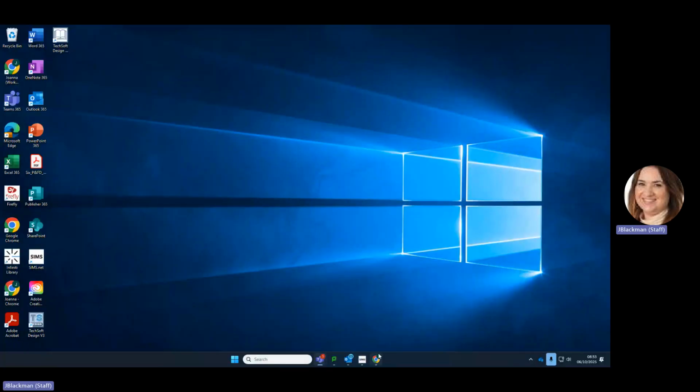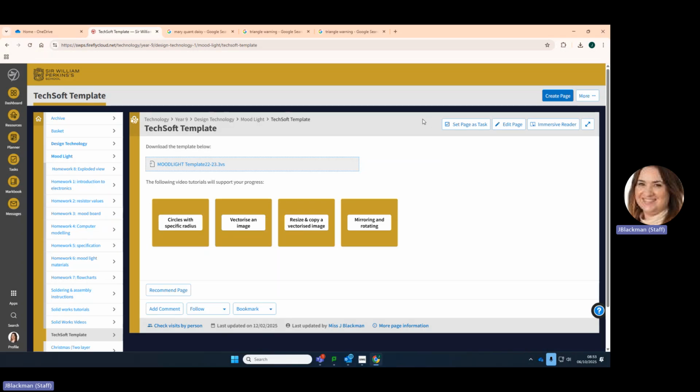Hi everyone, so I'm going to show you how to create your mood light using TechSoft. So you would have been shared this page as a Firefly task, and what you need to do is you need to download this template